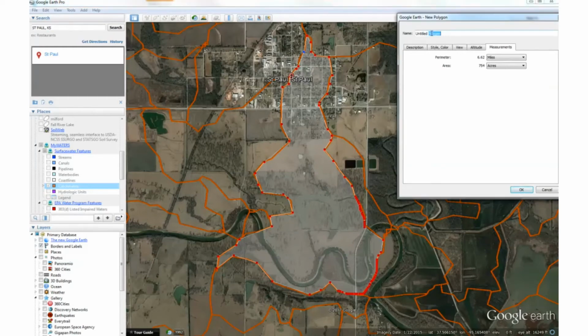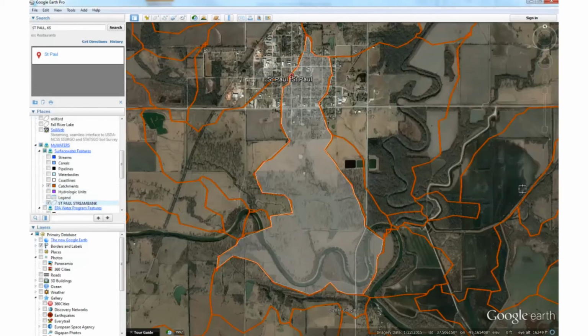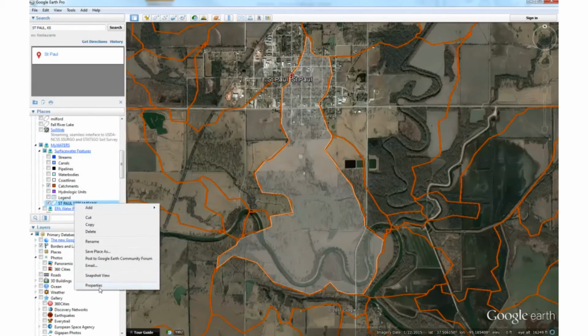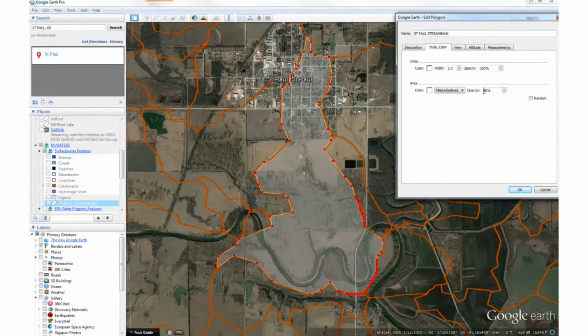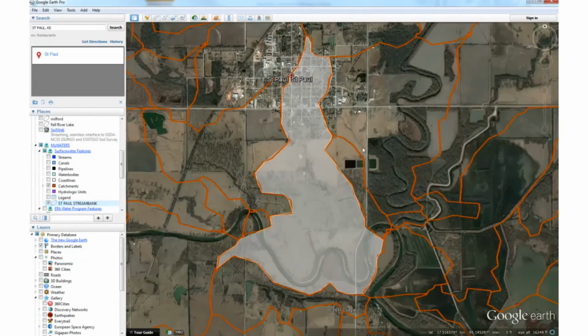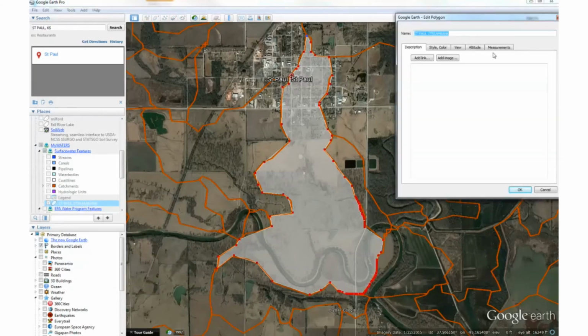So I'm going to go ahead and save this polygon as St. Paul Stream Bank. Or if you have a property owner, say it's the Johnson cover crops, whatever your corresponding title for your project is. Click OK. Now that's saved in there, and it'll be saved over here. So anytime I want to change that, I can change the opacity, say 60%, make it a little whiter there. Alright, so we have our 754 acres, right? You can double check that by going to properties, measurements, 754. You want to remember that,